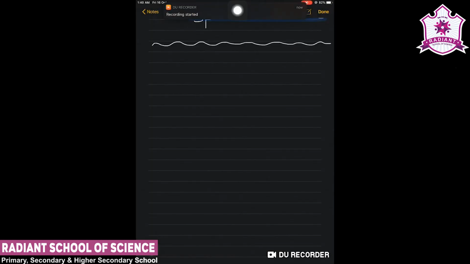Now we will move further. We will calculate the next example, example number 4 from the exercise. Let us see what is given in the question. A plane electromagnetic wave travels in a vacuum along the z direction. So the electromagnetic wave, the resultant of the electric and magnetic waves, is moving in the z direction. What can you say about the direction of its electric and magnetic field vectors?